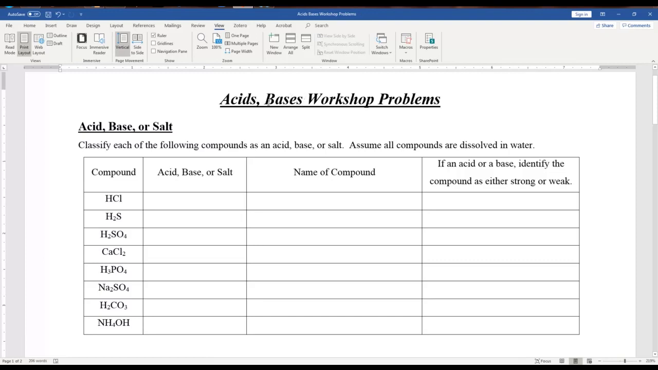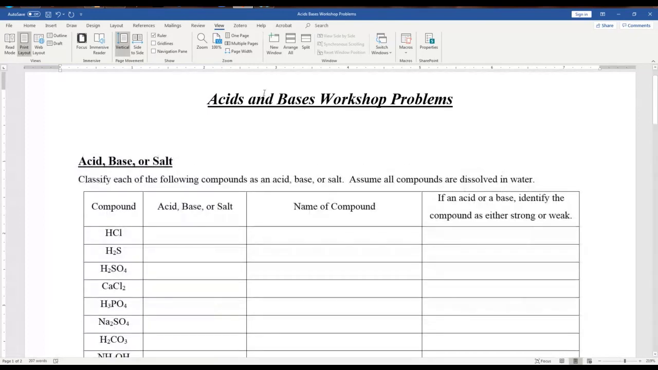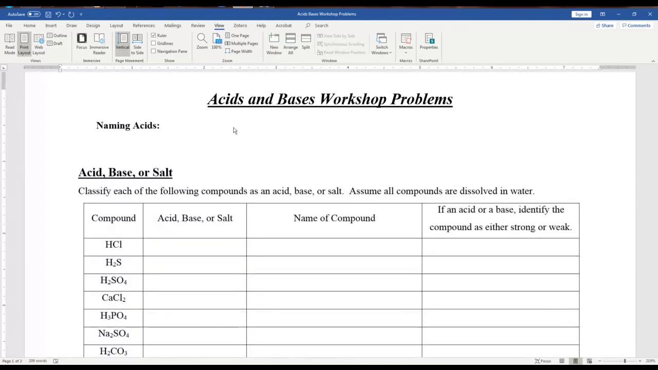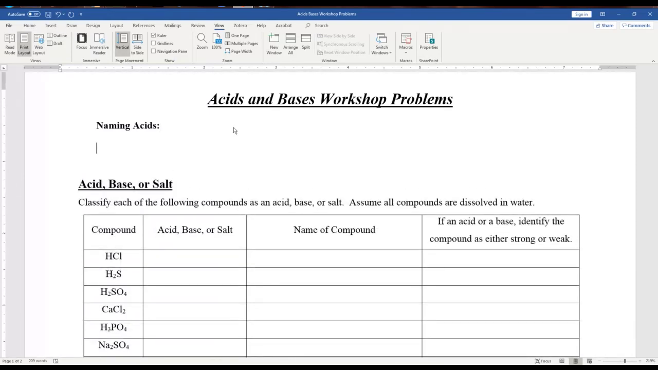Acids and bases. Okay. So the first thing we want to do is talk about naming and identifying acids and bases and salts. So, first thing, a couple notes on naming acids. When you're naming acids, it's helpful to keep in mind that acids are compounds